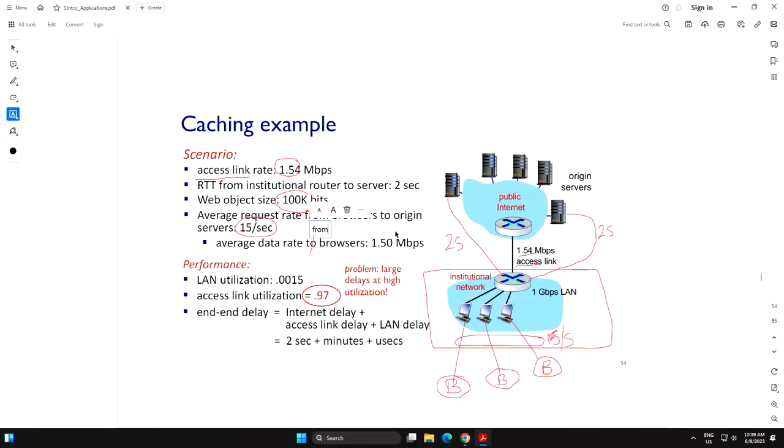So how do I get the 1.5 megabit per second load? There are 15 per second, right? And each one is 100K. So if you multiply these two, you will see it's 1.5 megabits per second.